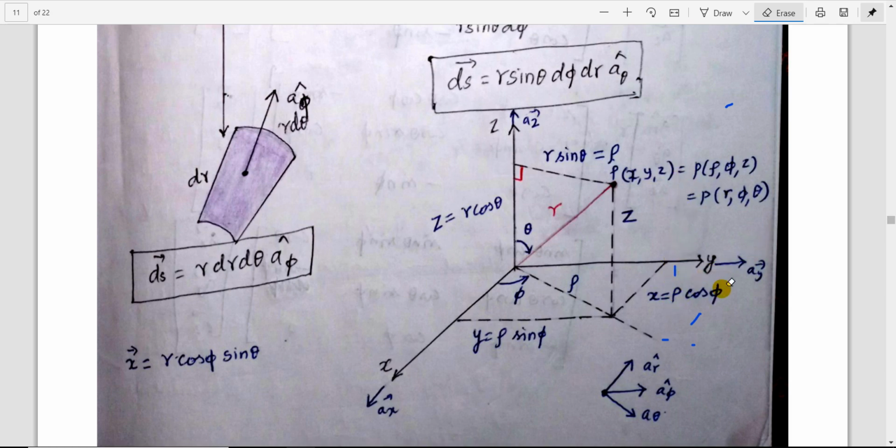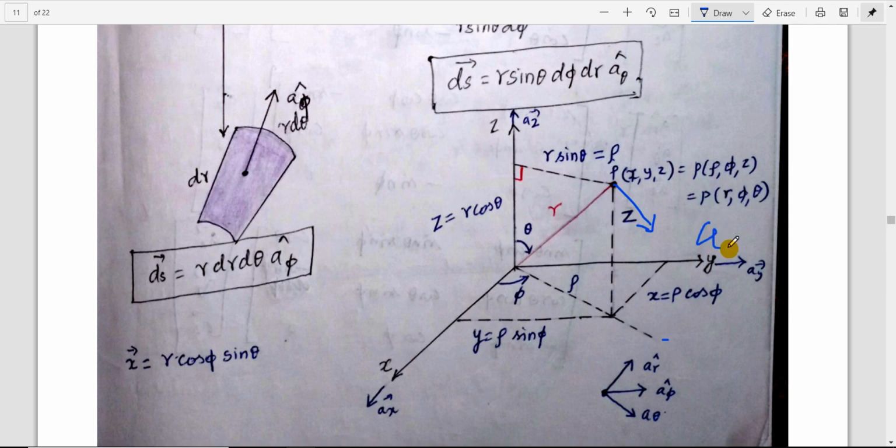Since we have taken notes for the clarity of students only, I didn't draw these kinds of diagrams in the notes. If I draw them in the notes, it will be very difficult to follow. So that is why I have mentioned it here in the video. Now we are going to draw it for the A theta vector.